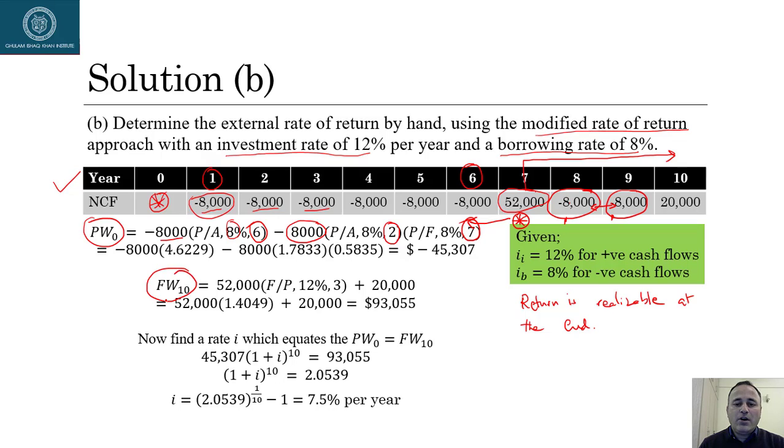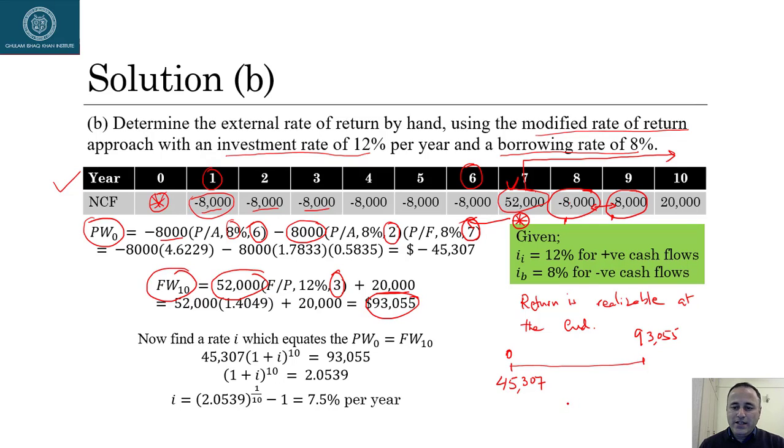For future value of positive cash flows, I have to compound $52,000, which is here, okay, for 3 years, okay, and then I do not do anything with 20,000 because this 20,000 is already at t equal to 10. So my future worth of the positive cash flows is 93,055. So the whole problem boils down to a very simple setting now. So the present worth of the negative cash flow is 45,037, and the future worth is